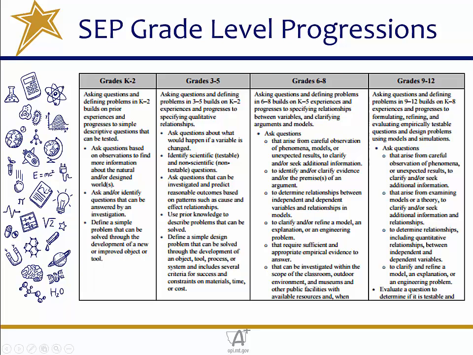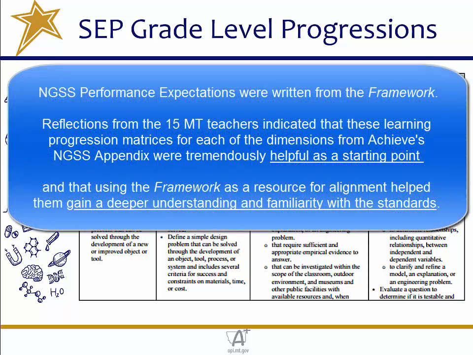I want to point out that at the top, it indicates that 3 through 5 would build on the experiences that students have in grades K through 2, which means that students can also ask questions about the natural and/or design world. Given that hypothetical question I posed about writing a testable question based on a description of some phenomena, these statements made it clear that it would be a pretty good fit here. So I actually used the statements directly for my alignment,